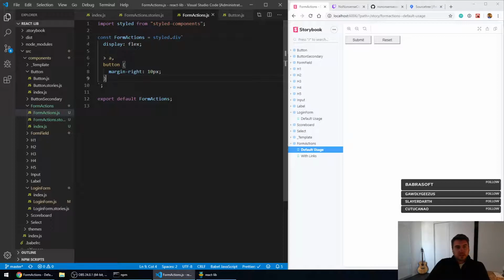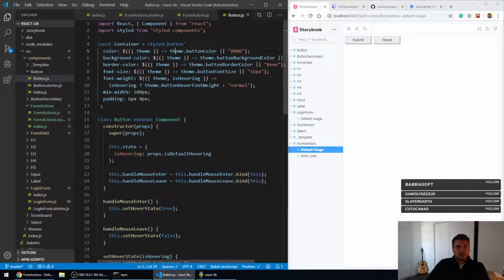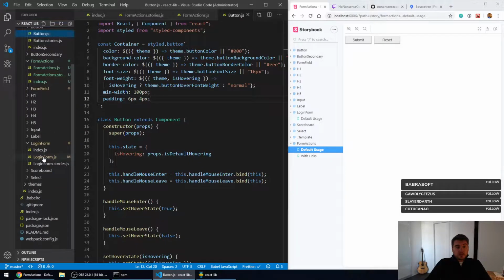But anyway, when you're deciding these types of things, the implementation is not as important. It has to be clear to someone though, like this button should not have a style in here assigning its margin for every use case. The thing around the button should do that. So I created form actions, and I know now that form actions work, right? They look correct to me. So now I can put form actions inside the form that I was building. So if I go down to my login form,